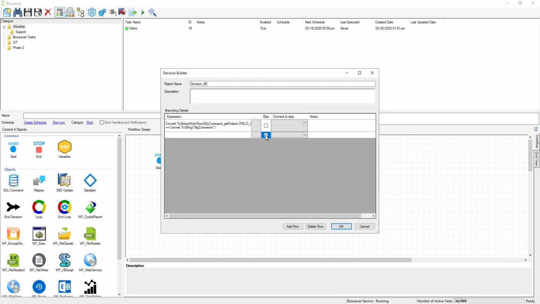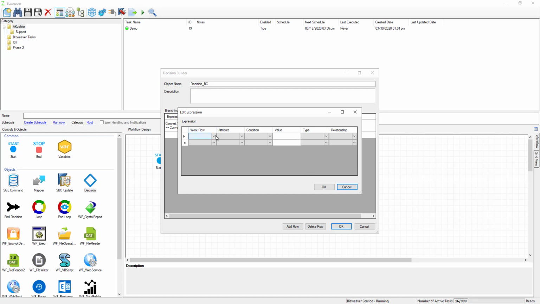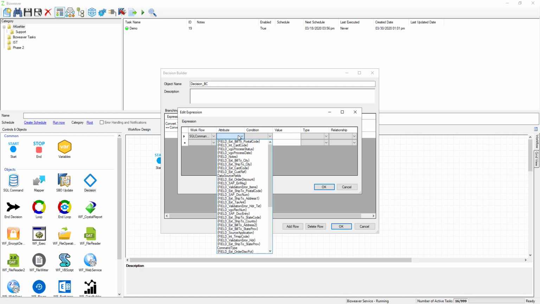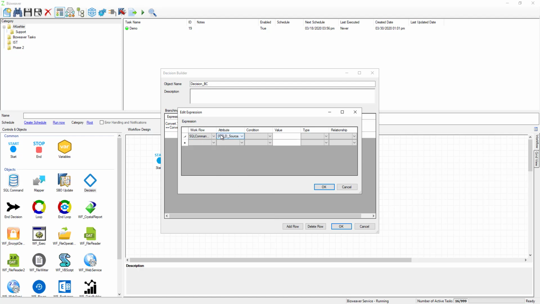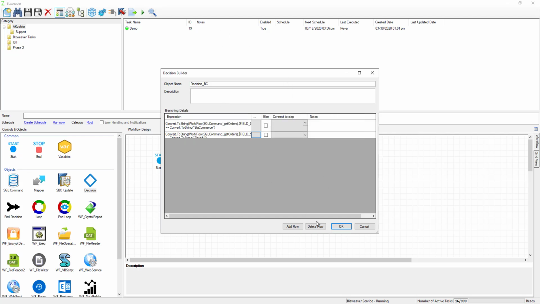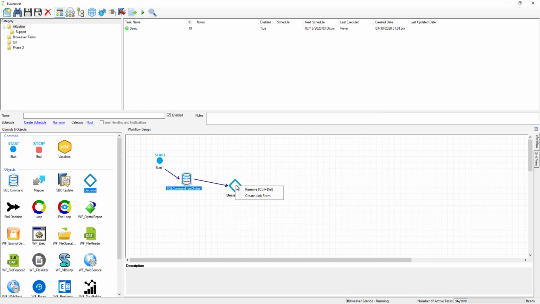So everything else is going to be going down this path. So I also do want to define something in here. So we're going to hit sort. We're going to pick our workflow step or attribute. The condition equals. In this case, I'm going to put Shopify. And then the type is alphanumeric. And hit OK. So now we have two options here. And now we're going to drop in a